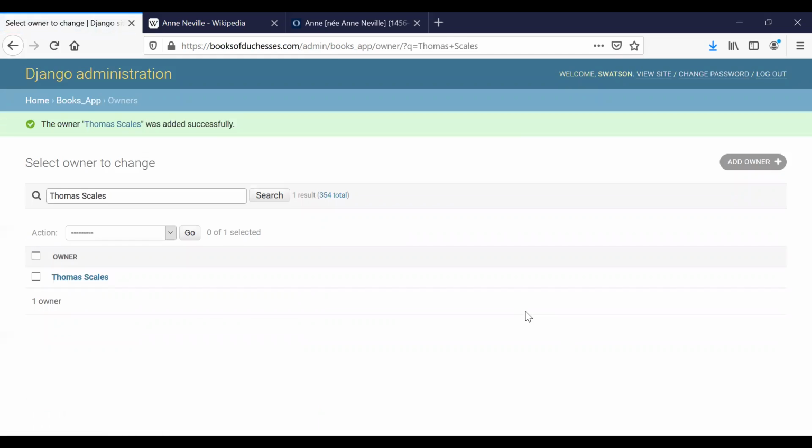So basically, adding this kind of limited information for a male owner allows them to become a linking figure in the database, even though he doesn't have his own page on the website. So that's it for this video. In the next video, we're going to talk about the slightly more complex process of adding a female book owner.